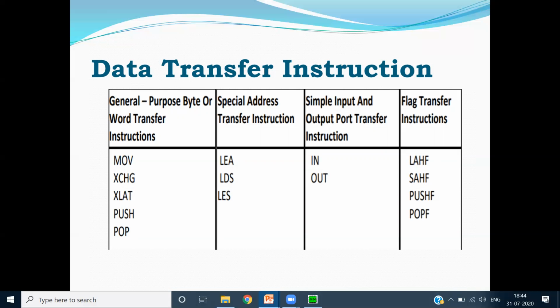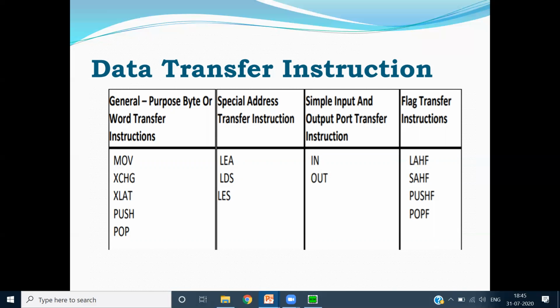Next, if I want to transfer any address, for example, if I want to find the start address of an array, the starting address or content of the first location of an array, I need to get that address.